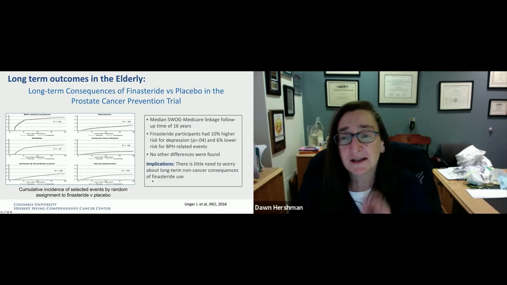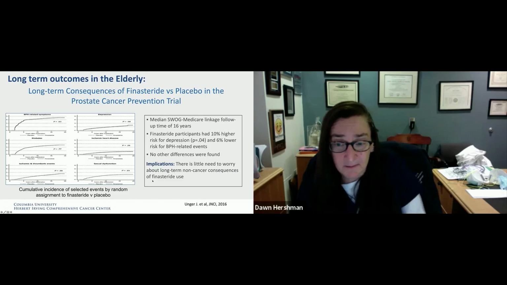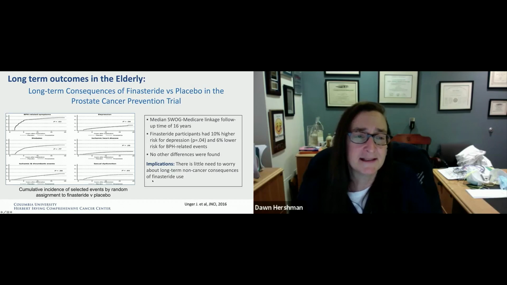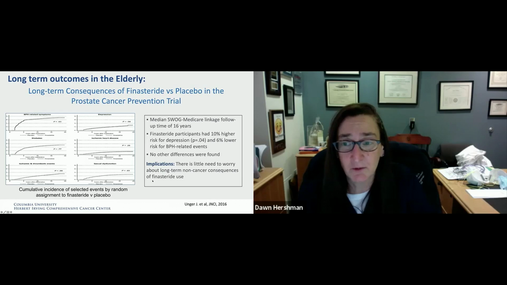We were able to link patients to their Medicare claims and follow them for more time, up to 16 years. And we found that the benefits of finasteride that were seen in terms of prevention continued over this longer